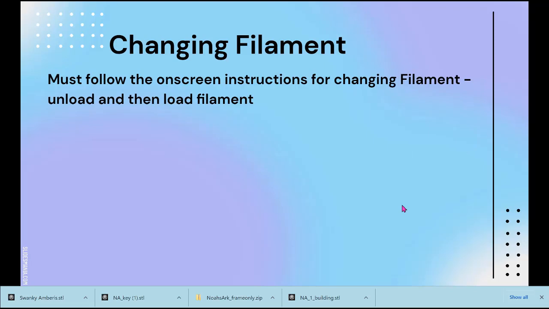So, changing filament, just some notes about changing the filament. The filament is essentially glued into the extruder when it's cooled. So you must follow the on-screen instructions for changing the filament. You have to use that control panel that you just saw, and you have to choose to unload the filament, because what that'll do is heat it up,